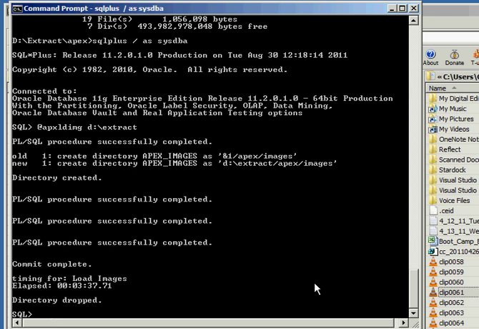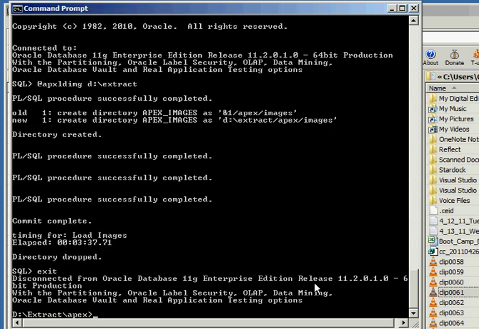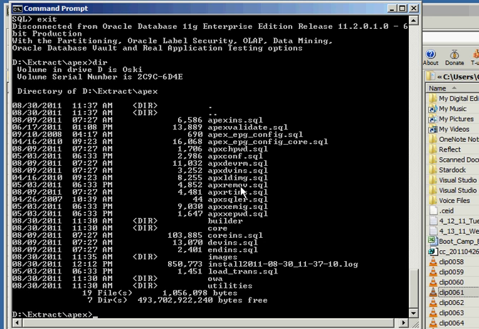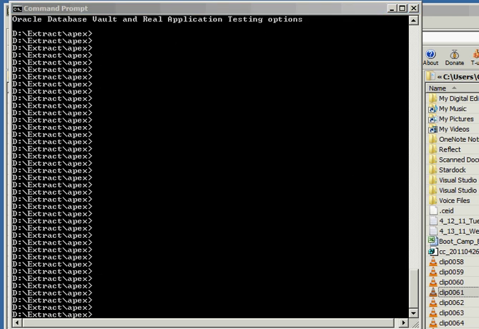Whoops, I'm still in SQL Plus. I'm going to exit out of there, and I'm going to do a directory again, and you can see that we have this apexconf.sql. So I'm going to log into that, and I'm going to, like I said, change the administrator password, and then I'm going to go ahead and make sure the port is where we want to be listening for our Apex environment. So let's get back into SQL Plus,